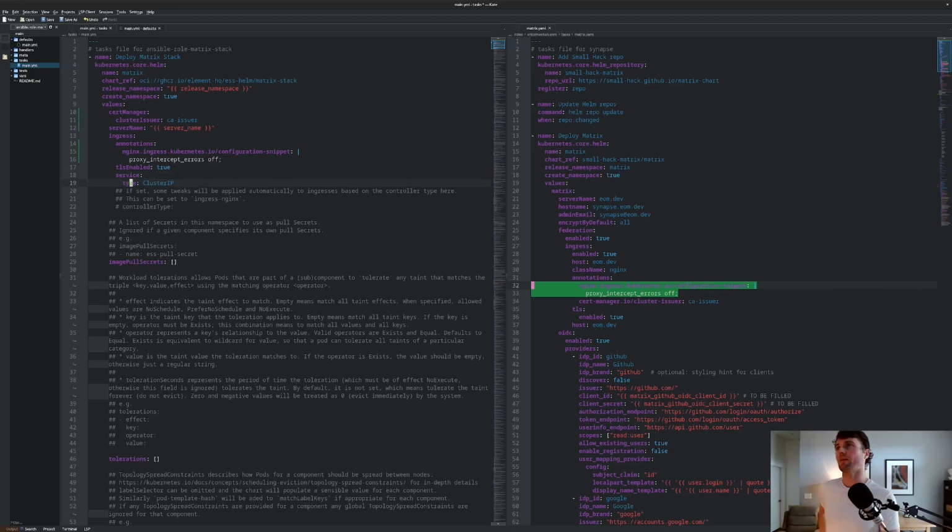Service type, cluster IP. This is referring to the variety of ways in Kubernetes that you can deploy your services in terms of how they are going to be networked. Cluster IP means they're going to have an IP that is only addressable within the cluster itself. You could also do something called a node port, where the host machine is going to pick a port, usually above 30,000, and assign that to the service,